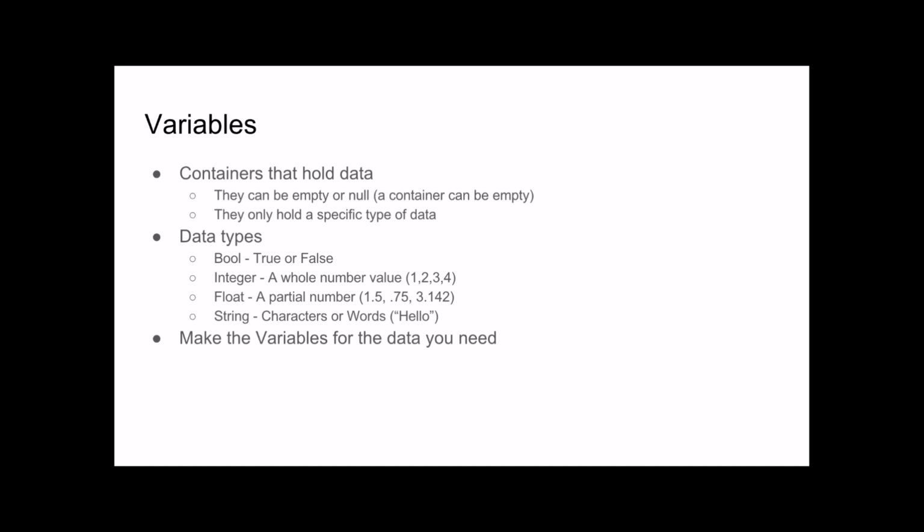Say I was stunned or not stunned. If you had a state, you'd say, are you stunned or are you not stunned? That would be a bool. You'd say, I'm stunned or I'm not stunned. If I said I need speed, and my speed can be, 2 is too slow and 3 is too fast, I need to go 2.5. Well, that would be a float. You would say I need to make a variable called speed that is a float because I want precision to control over this. And say you had something like a name. My name is Justin. You would hold your name in a string variable.